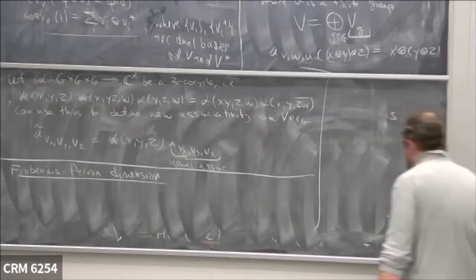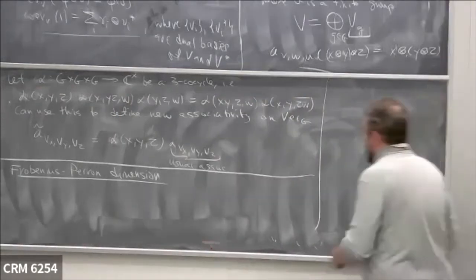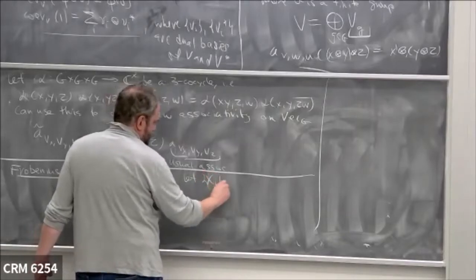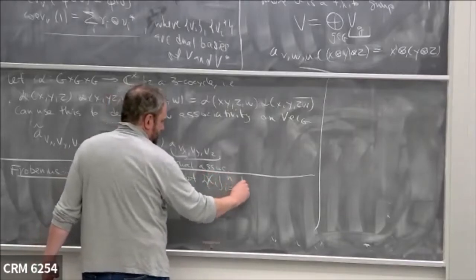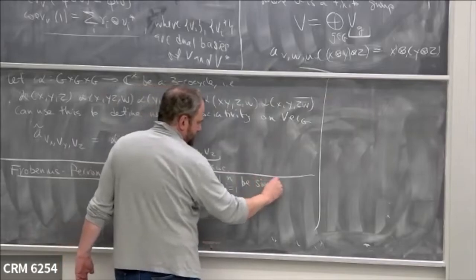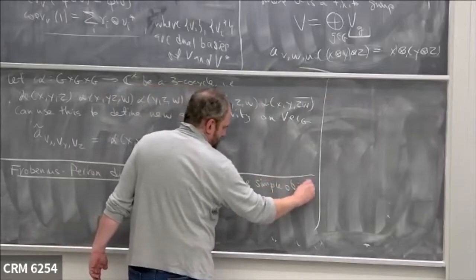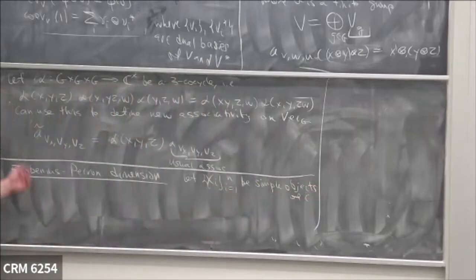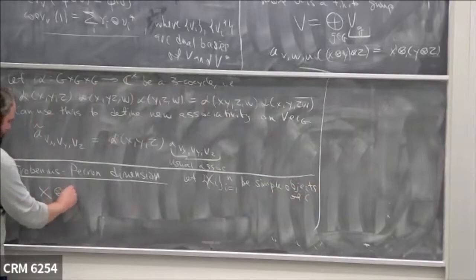So let x_i, say i from 1 to n, be the simple objects of C. When I say that, I mean that I choose one representative of each isomorphism class of simple objects. Then if I pick an arbitrary object X and tensor this with x_i, then the result for sure will